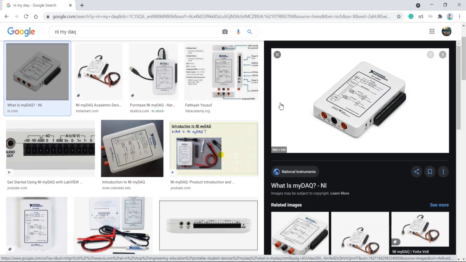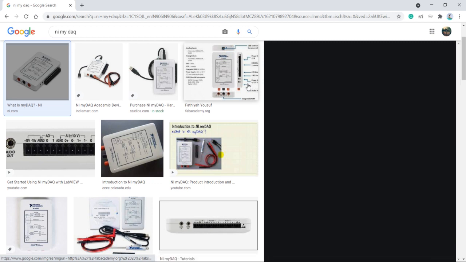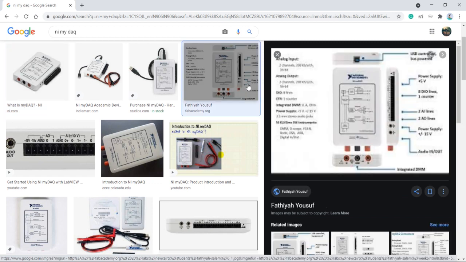NI myDAQ is an educational data acquisition system. In this NI myDAQ, you find two-channel analog input and two-channel analog output, and power supplies: rated plus 15 volt and minus 15 volt, and 5 volt DC.